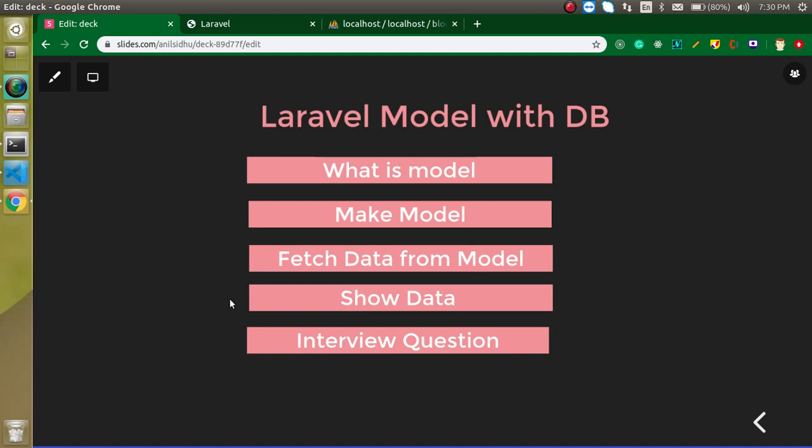So one more thing guys, you can connect Laravel with the database in two ways. One way is you can use the model, and the second way I already told you in the previous video. You can get the link from the description box. Here we will use normal Laravel DB classes to connect with the MySQL database, right?